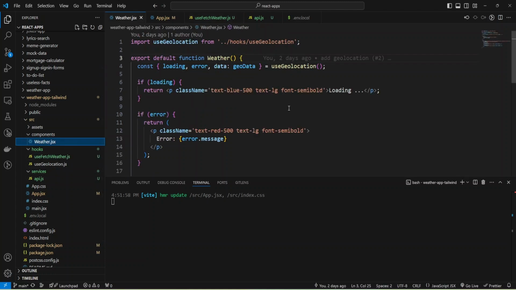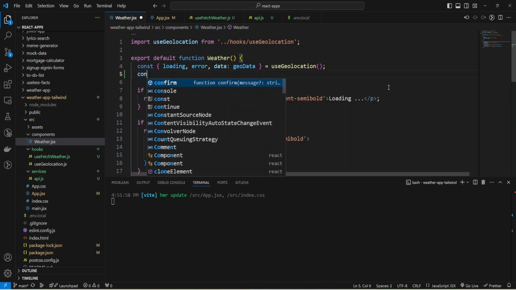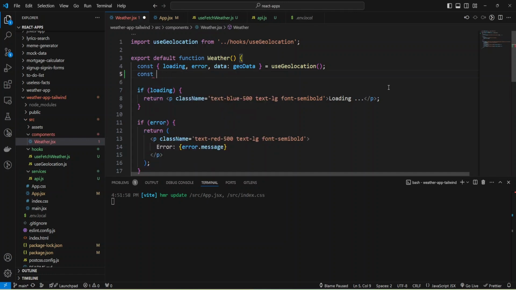We have a weather component here, and I'm going to get data from my useFetchWeather. I'm going to make it const, data, and also error, and error I'm going to rename to apiError, and isLoading.